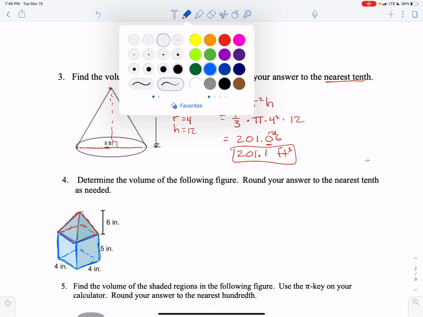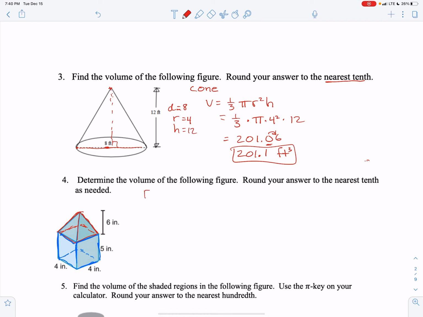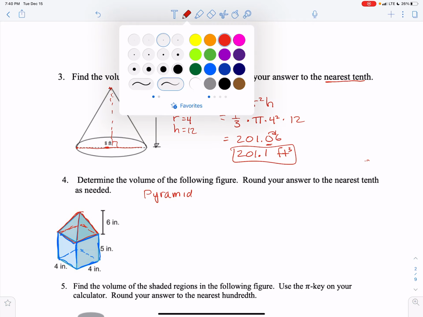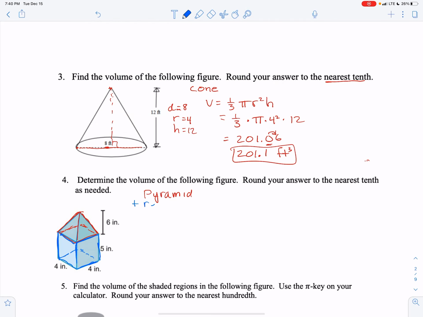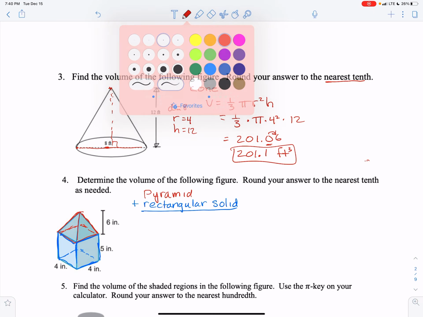So, for the pyramid, plus rectangular solid. So for the pyramid,